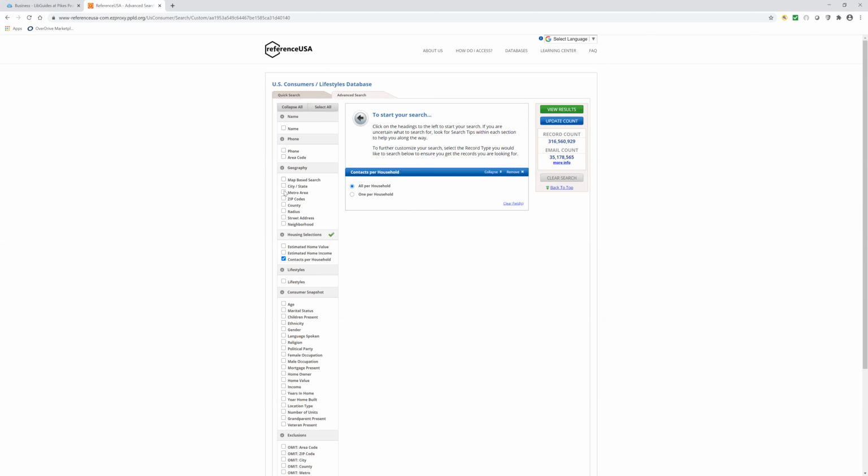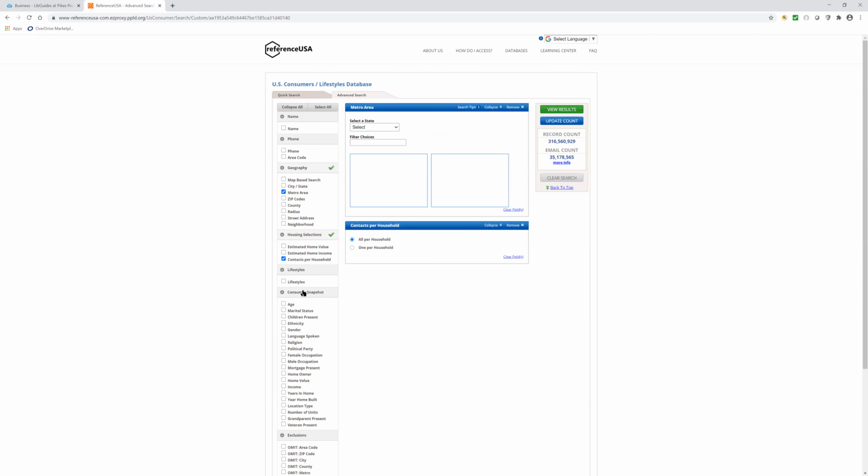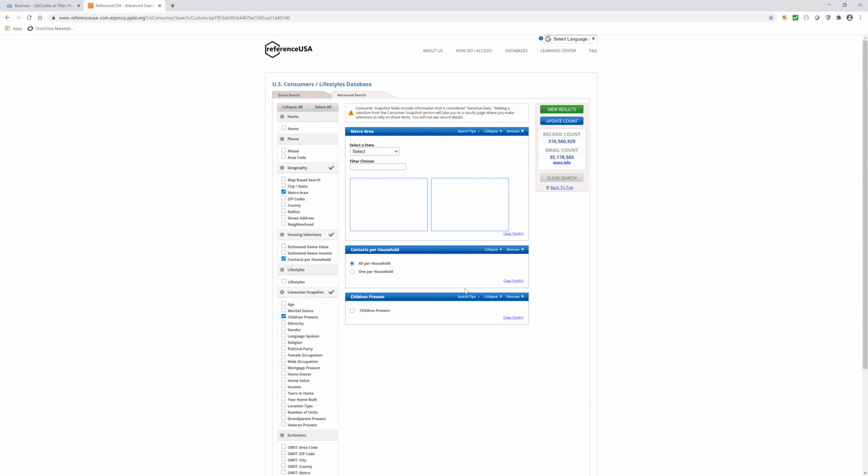So I'm going to go after the metro area of Colorado Springs, and I'm going to go after kids present in the household, because I'm trying to identify houses that are campers, that are families. So we're going to choose the state of Colorado, and we're going to choose kids present, and we're going to update our count. You do have to put in Colorado Springs to get it down to a manageable number. So we have